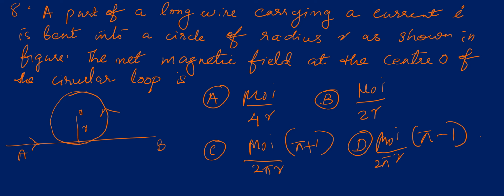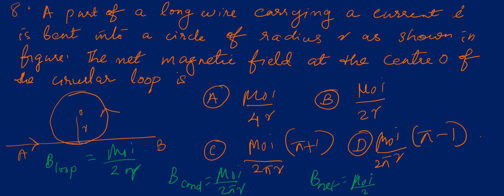A part of a long wire carrying a current I is bent into a circle of radius R as shown in the figure. The net magnetic field at the center of the circular loop is? Magnetic field due to the loop is equal to mu 0 I by 2R and magnetic field due to the conductor is mu 0 I by 2 pi R. So net magnetic field is mu 0 I divided by 2R plus mu 0 I by 2 pi R,